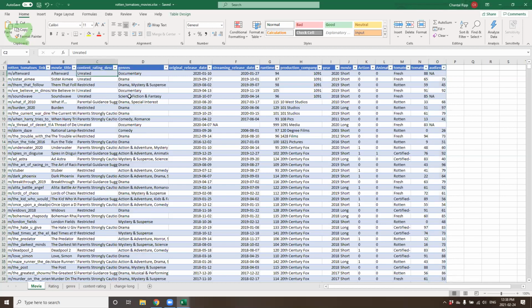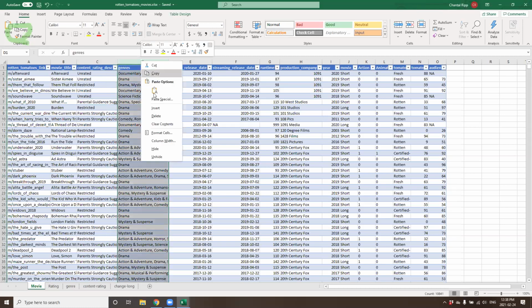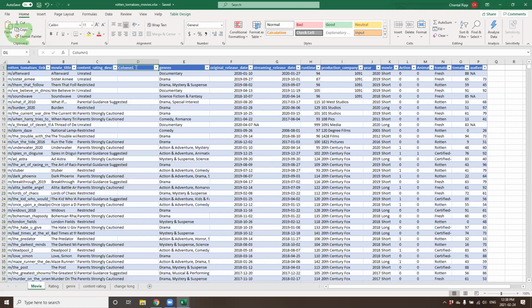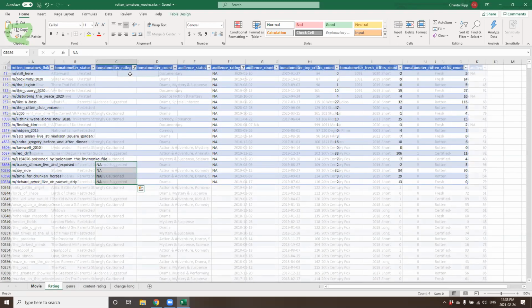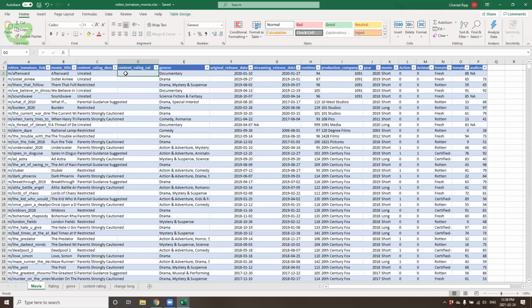One thing I'm interested in here is it's great that we have these unrated, restricted, but I'm not exactly sure, and it's not easy for analysis looking at parental guidance suggestions. I'm going to use the match and index function to create a new field. I'm actually going to import that into here and call it content rating category. And I'm going to assign categories based on the content rating description. We previously brought in that category content there. So we're going to go and use a match function to populate this field.